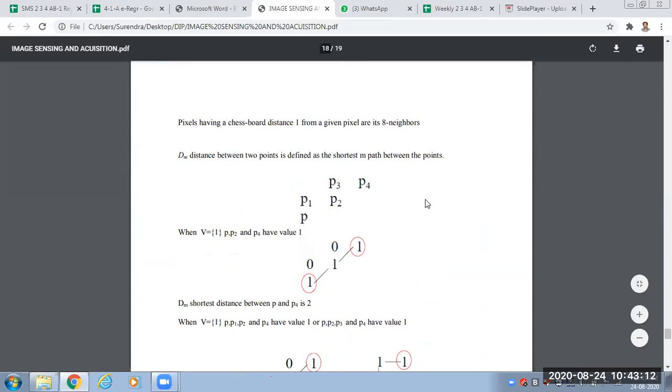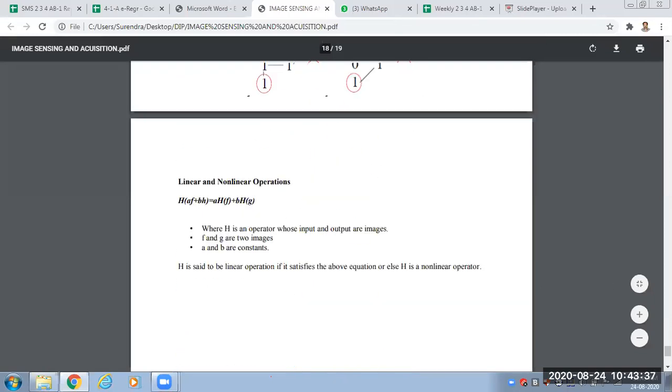And another distance is Dm, the mixed distance. Here I am considering three examples, example 1, example 2, and example 3, but we are simply changing the pixel values. It's very easy. Have you observed clearly or not? Simply by changing the pixel values of p, p1, p2, p3, p4, we are calculating our distances from one point to another point.